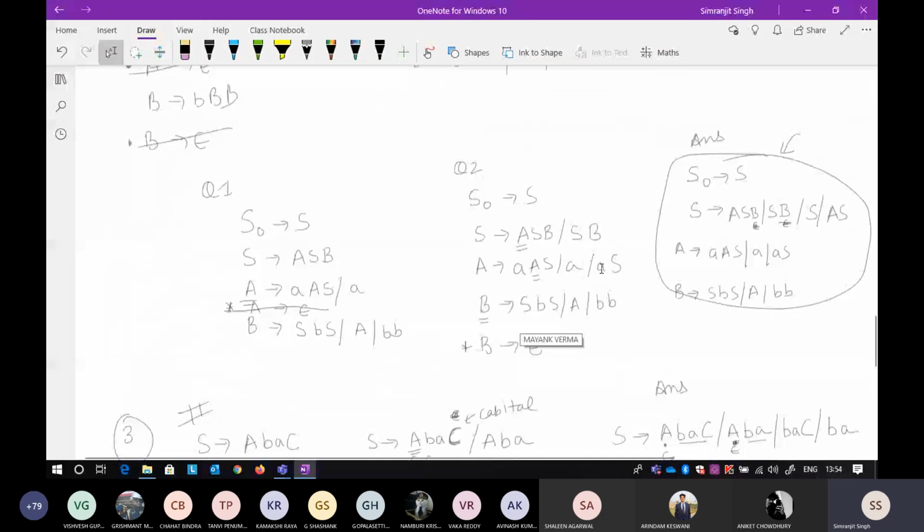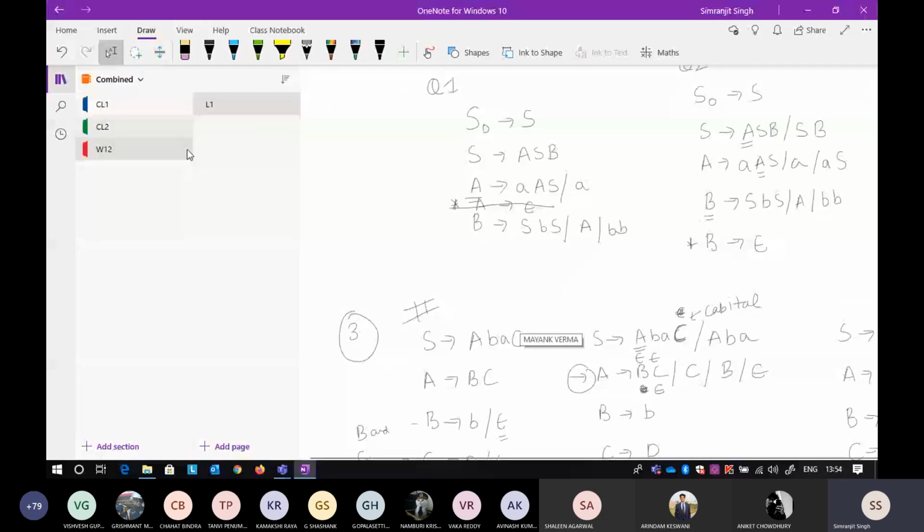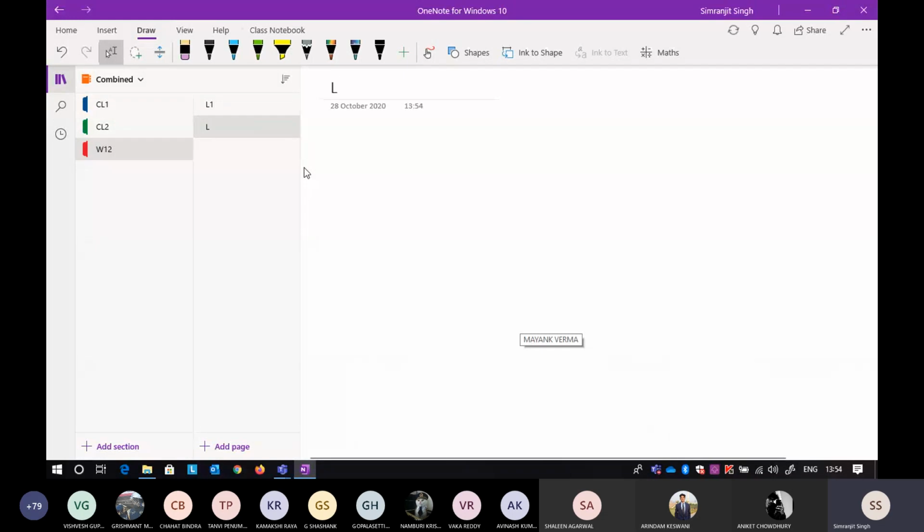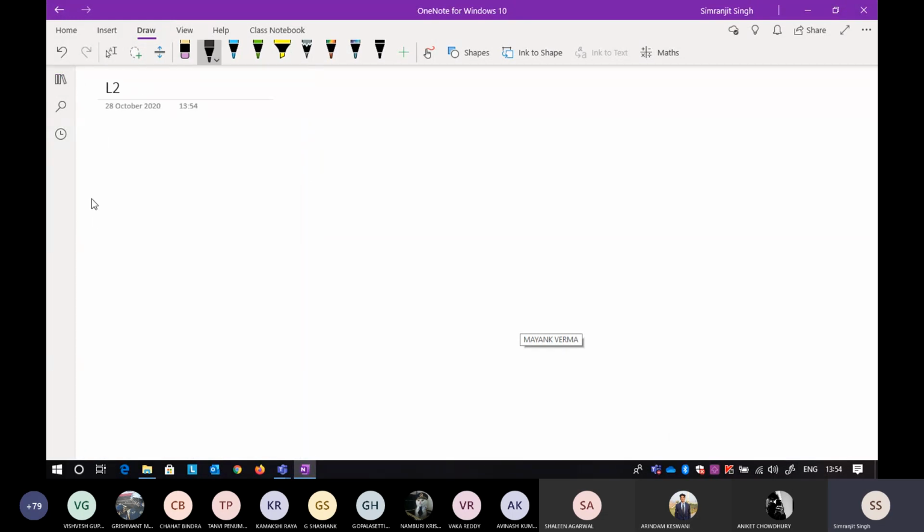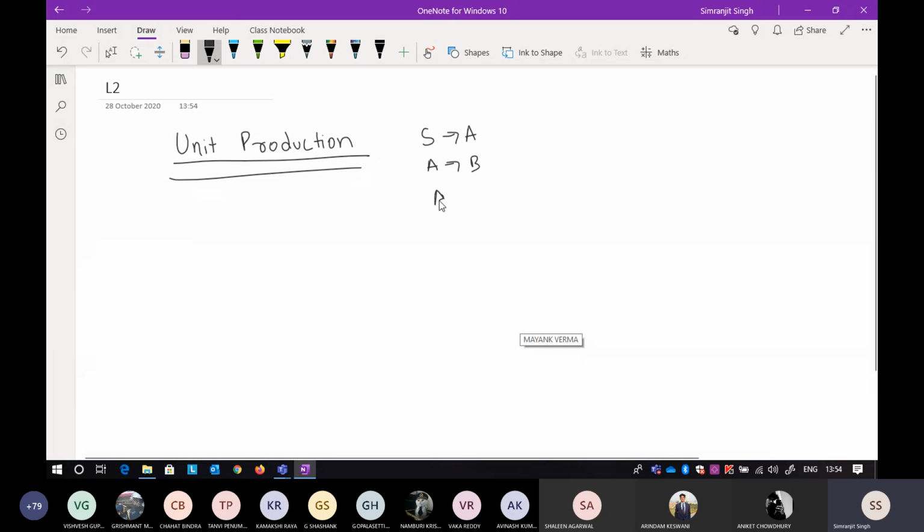Okay, so the second thing that we have to eliminate, I just take this into the next page. The second thing was elimination of unit productions. I already told you why we want to get rid of unit productions. Unit productions are producing nothing useful. If something is given like S tends to A tends to B, and B tends to A, and if I draw a syntax tree, it will look like this: S tends to A tends to B, and B tends to A.